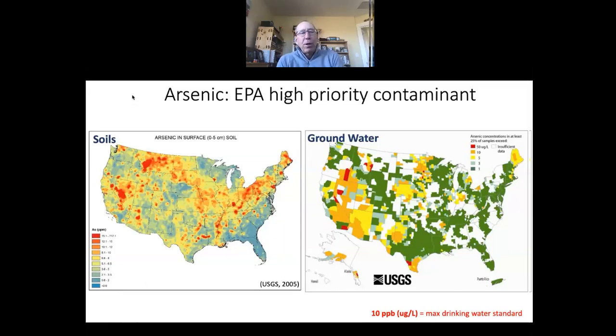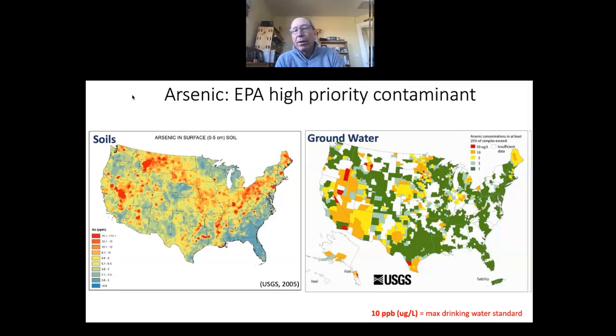Now, we're all familiar with arsenic. It's actually a high priority contaminant on the EPA list, and that's because it is present in significant concentrations, essentially spread out around the world. And from these maps, you can see, particularly in the soil in the United States. So if we look at the map on the left, you can see essentially fairly high concentrations in the soil in various regions. And if you hone in, you can actually see that western Montana is highly impacted with that.